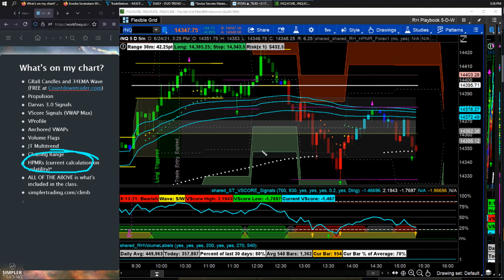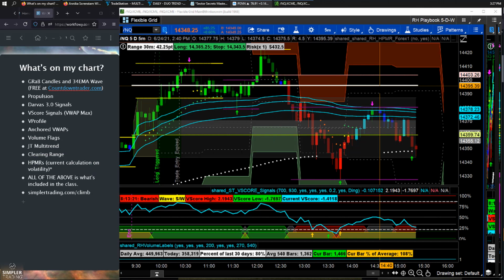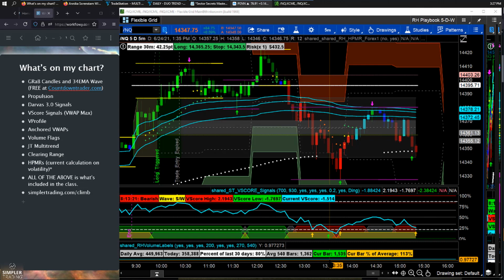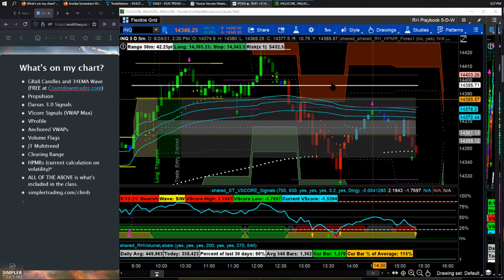They had the hourly price movement ranges of different markets, and then I created a calculation to basically forecast a kind of volatility forecast of the highs and lows based on time and volatility, and I call them hourly price movement ranges because, quite frankly, that's what they are. So this is something that I created back in the Forex days around 2012, 13. I can't even remember anymore, but we've been doing them for about 7 or 8 years now, ever since AutoChartist has had what they call power stats, and we had the data to fuel, to calculate, to create these,